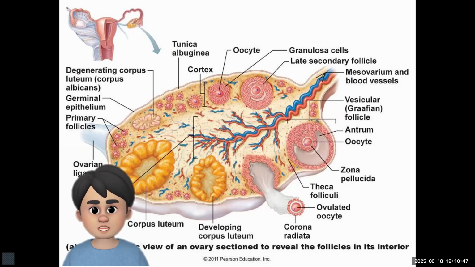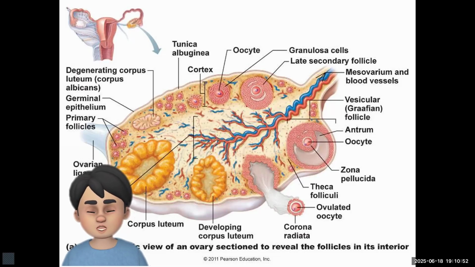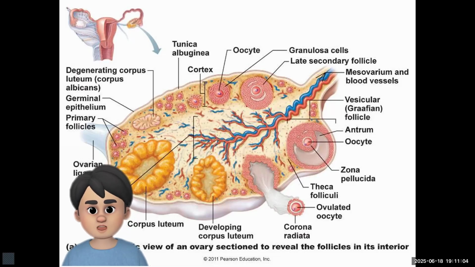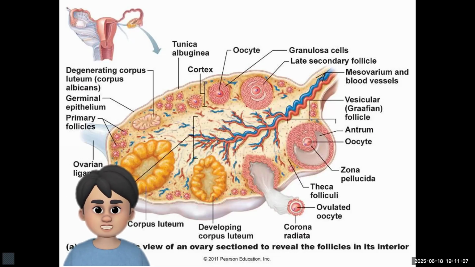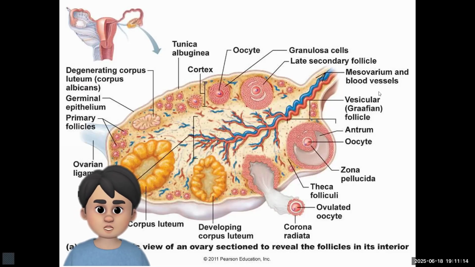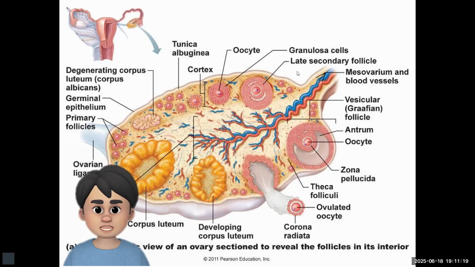So where is the tunica albuginea, and the function of it, you have to know, right? So the ovarian ligament, functions of the ovarian ligament. So medulla, corpus luteum, developing corpus luteum, corona radiata, theca folliculi, ovulated oocyte, zona pellucida. So this is the oocyte, antrum, vesicular Graafian follicle, right? Mesovarium and blood vessels. You get granulosa cells, late secondary follicle, so you have to pronounce it